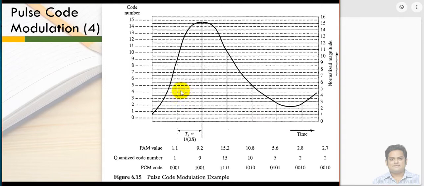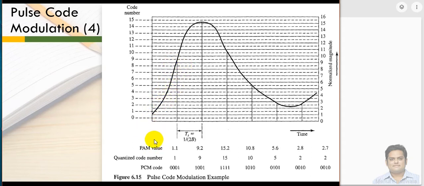So with those samples, what I am actually doing is this: this is my continuous input signal. Now I am trying to convert this continuous signal into a discrete signal. So as you can see, this is my first sample. So I am creating the first PAM value at the first sample. So PAM value is, as I have told you, where your analog signal is being converted into a discrete signal. So you will find some value, 1.1 for example. After that you are directly jumping onto 9.2. Fine. So that is how we can convert this continuous signal into the discrete form, right?